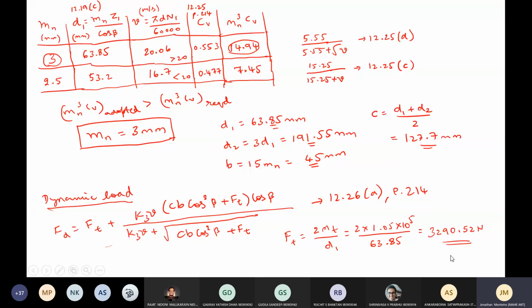Okay. So the other procedures will continue as it is. I think we can continue this in the following class. In the meantime, if you can, just proceed and keep your answers ready. It is on very similar lines. 12.14, 12.15, 12.16, all those tables you are going to use, and find out what is FD, and consequently find out what is FW, the wear load. Okay, so all these things we'll discuss in the next class.